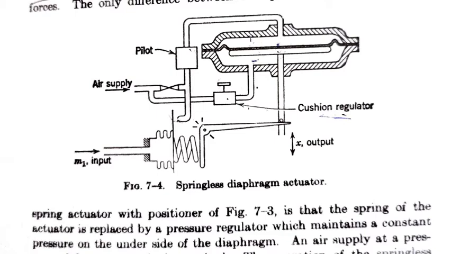Okay. So the diaphragm needs to come to the original position, either with the spring or by using a cushion regulator. So why are we eliminating the spring here? Because a spring has a mechanical movement. Whenever a mechanical device is there, it will get damaged in the long run. You have already come across springs. Some spring pens you have, right? Whenever spring pens are there, after long use, that spring will get damaged.